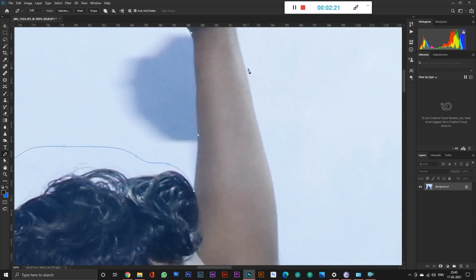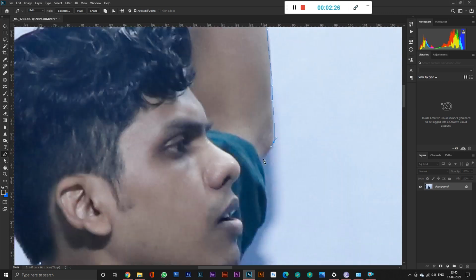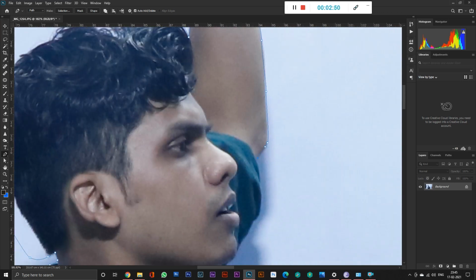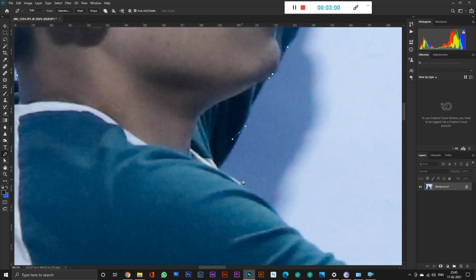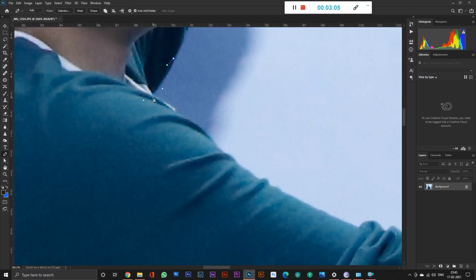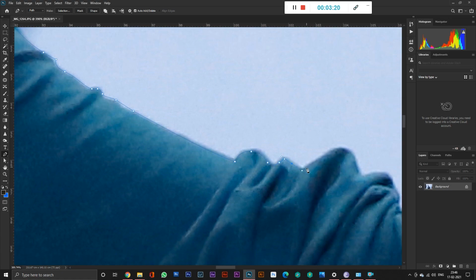So right now I'm leaving this apart and doing a quick cutting in the pen tool stage, because it's tedious and you feel like you want to go to sleep. You feel like you're doing something extraordinary, working so hard, and it will take you a long time. So I'm working fast so that you guys can easily understand what I'm doing.